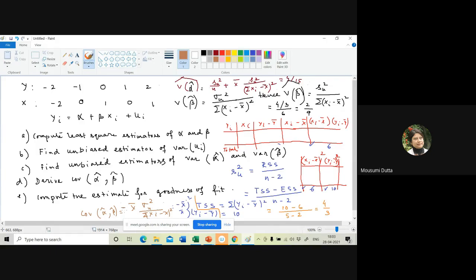Finally, in this problem, we have to go for calculation of goodness of fit of the model. What is the formula? ESS by TSS. And the left hand side of ESS by TSS is R square. Very good. So for part E, the answer is